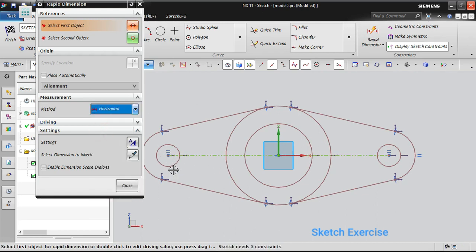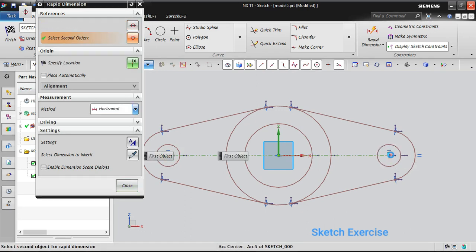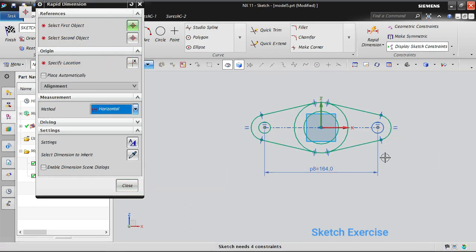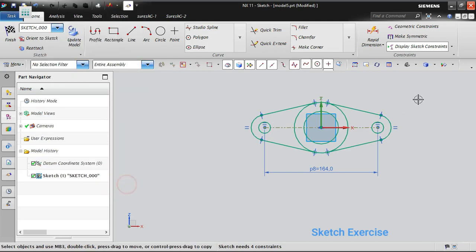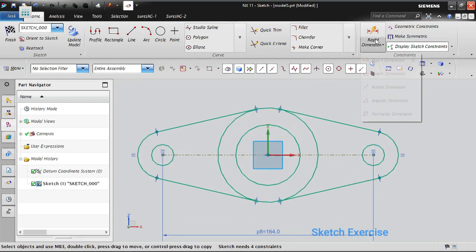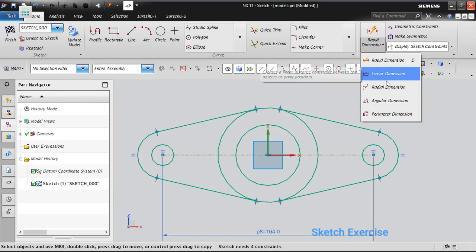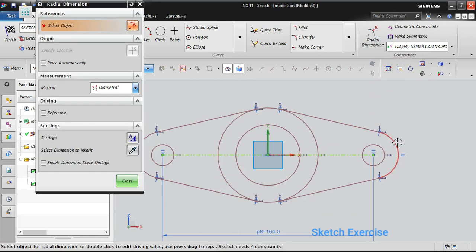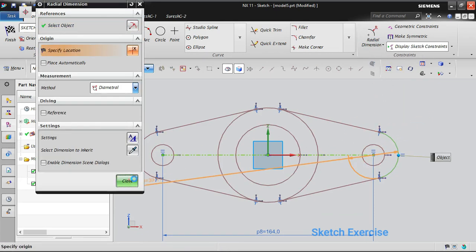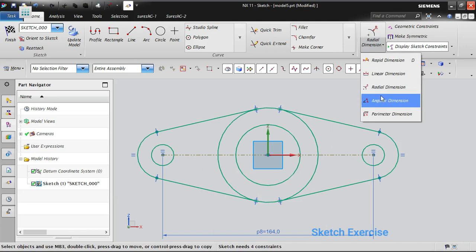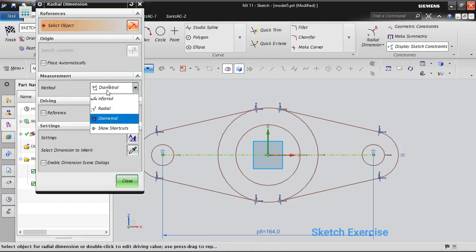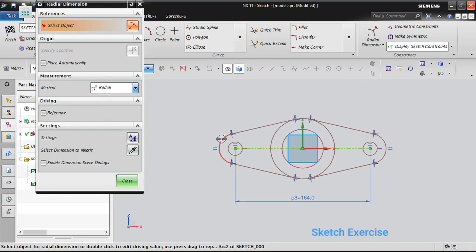Horizontal dimension. Now what I'm going to do, I'm going to select this end point, control point only. From this to this, I'm taking a dimension, placing it, and then I'm just placing all the dimensions. I'm not defining any values now. Similarly, for this, I'm going to define a radial dimension.